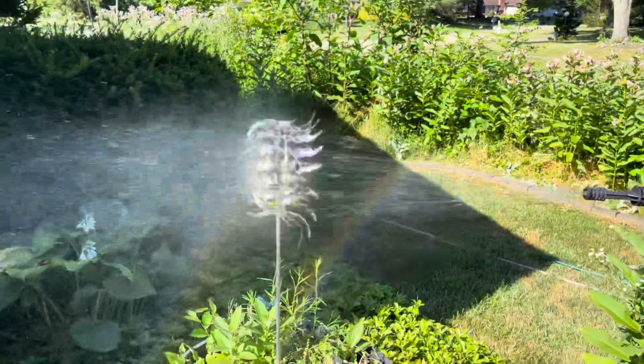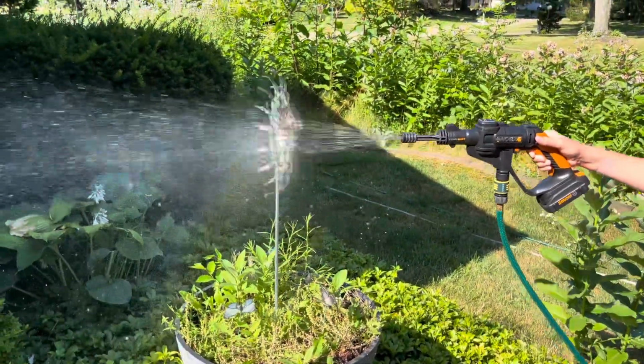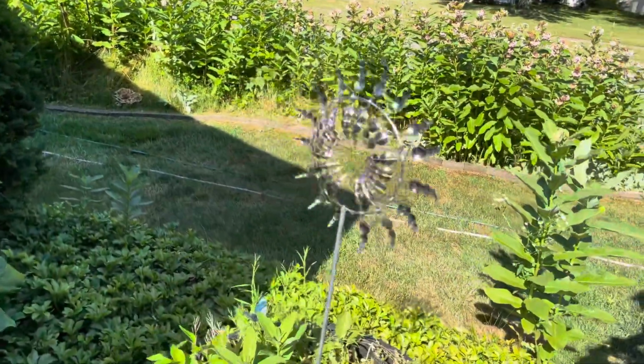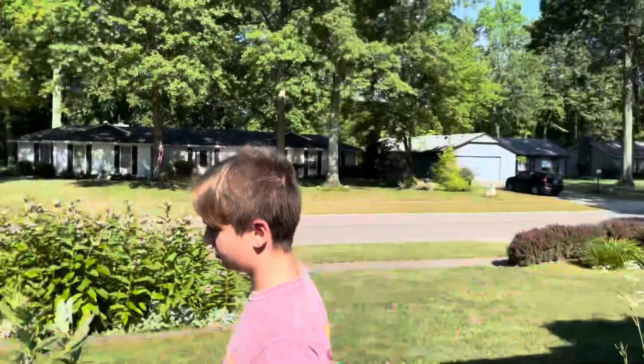Pretty neat. So that's the 3D windmill thing that we, oh look, there's a rainbow too. We gave Pamela and Grandma for Mother's Day. So if you didn't see that video, this thing's pretty neat and it's still working pretty awesome. Isn't that cool? So we're gonna finish up watering, we're gonna take a break, we're going to do some trimming,